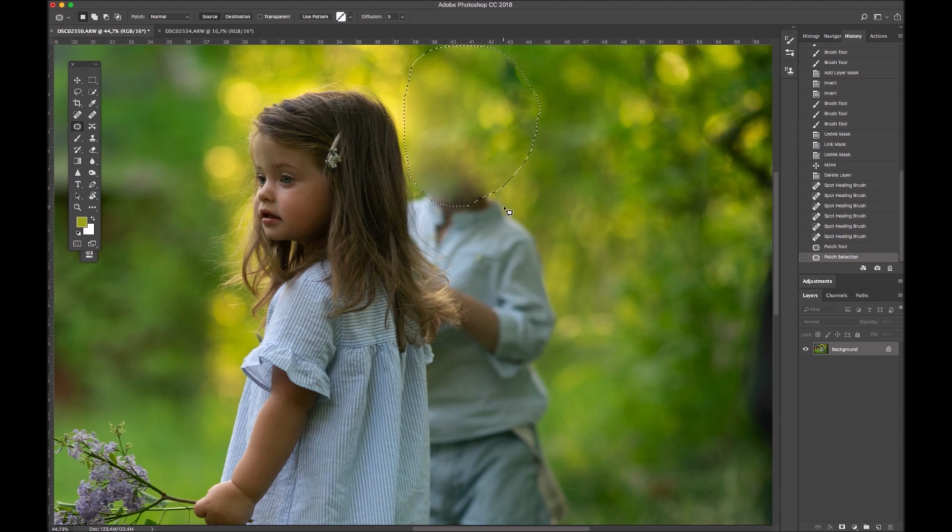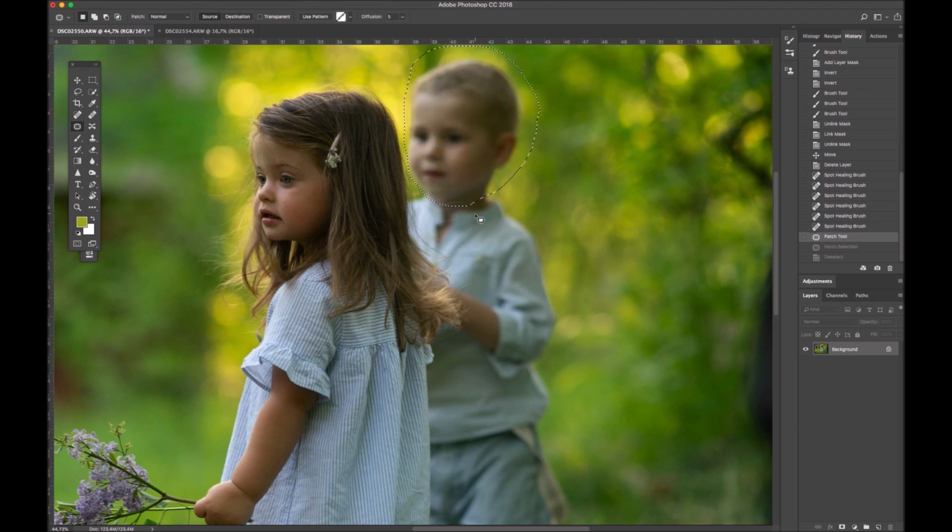What it does is it tries to blend in, so the transition between this area and what we have here is soft. So what we'll do is just drag this around. Okay, let's press Ctrl Z